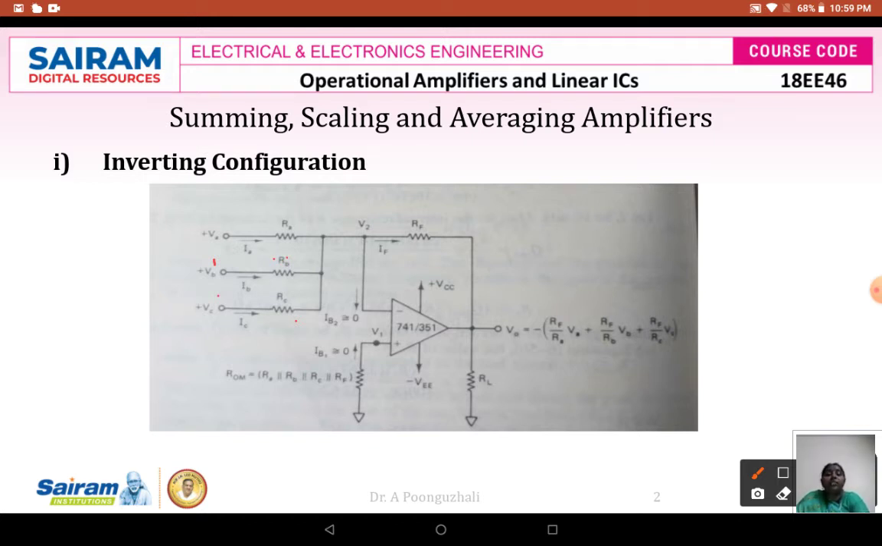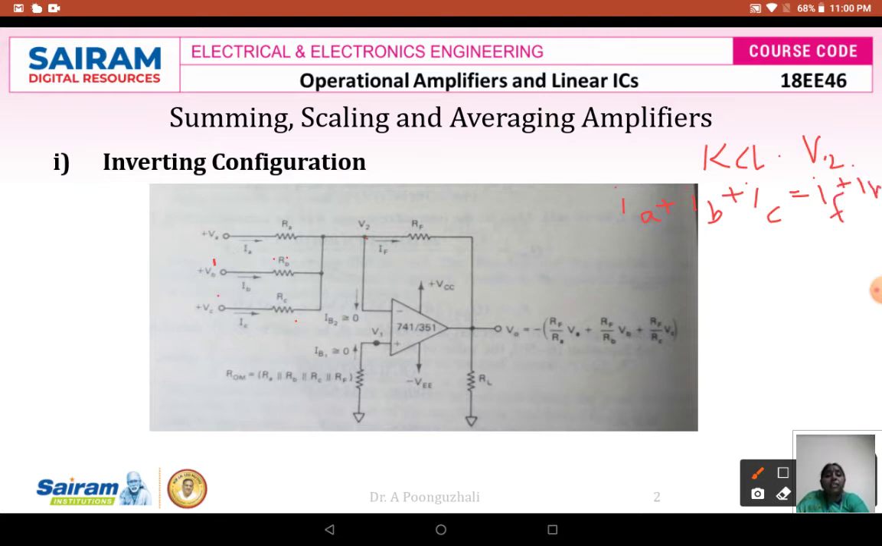Now our requirement is to find out what is V0. So how to find out your V0 is to apply KCL at your node V2. If I apply my KCL at node V2, the sum of incoming currents is equal to the sum of outgoing currents. So the incoming current is IA plus IB plus IC, which is equivalent to the outgoing current from this node. Two branches I have. Two branches are nothing but your IF